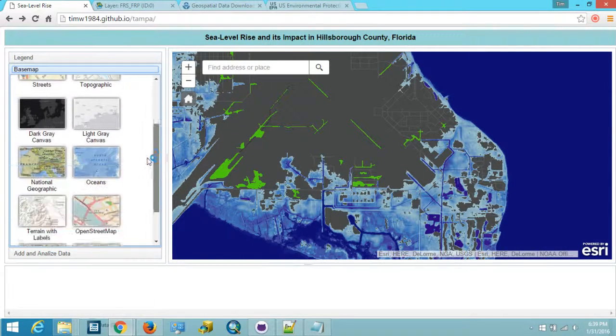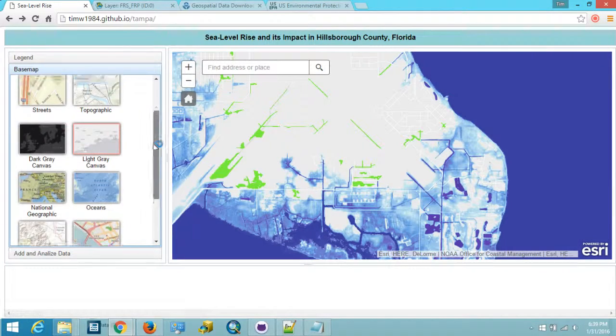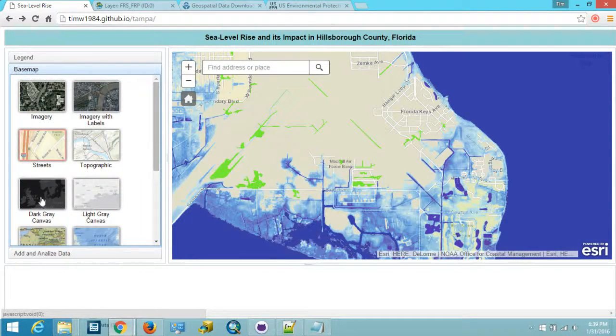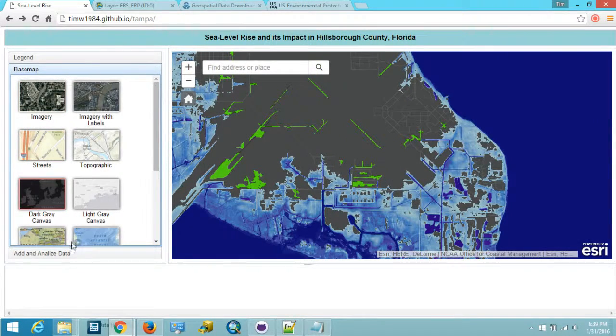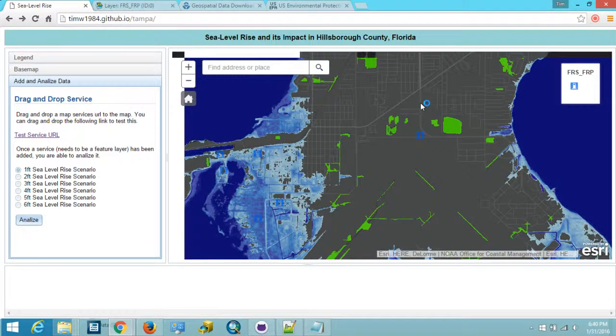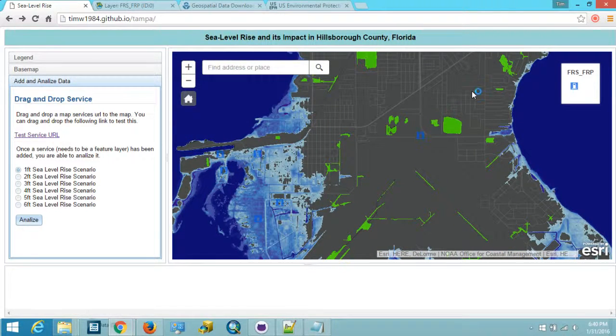Here's a little base map widget where you can change the base map to some, for example, imagery or street map. Let's go back to our normal map. And here's the most important part. Here's where it explains how you can add your own feature layer. On the left, you can see I have a test service, which I will pull in here. And it will add to the map, as you can see here by the little